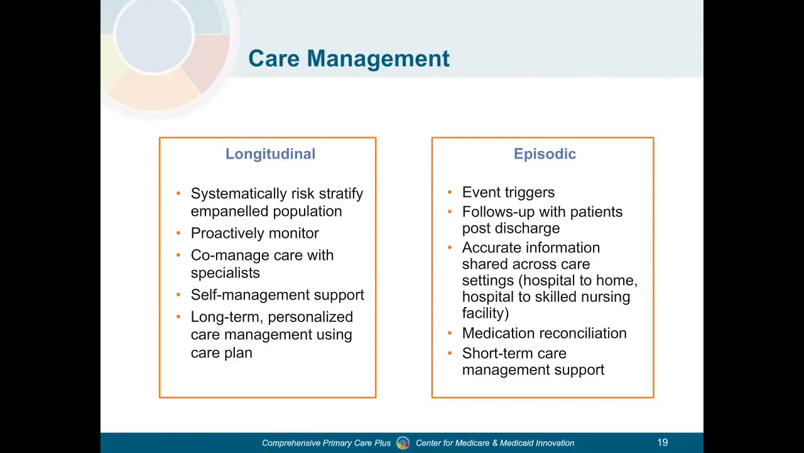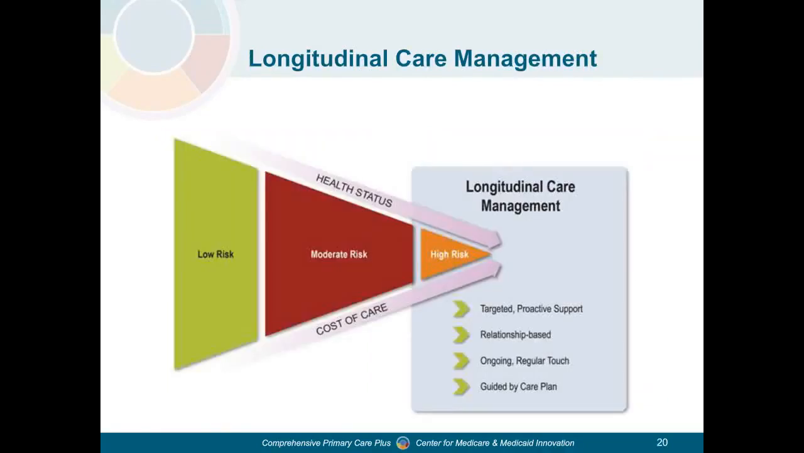So we're going to dive into each of these a little bit further right now. We're going to start off with longitudinal care management. As you risk stratify your patients from low to high risk, you'll see a direct relationship to the cost and health status of your patient. Typically, as your health status declines, overall healthcare costs increase. Most practices target their higher risk patients for longitudinal care management services, as we talked about,